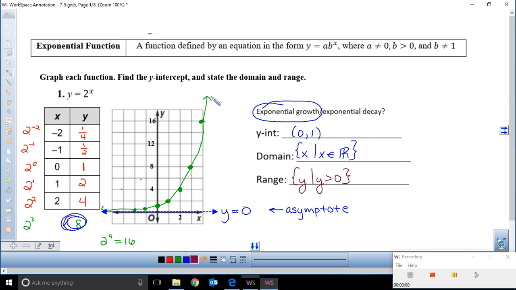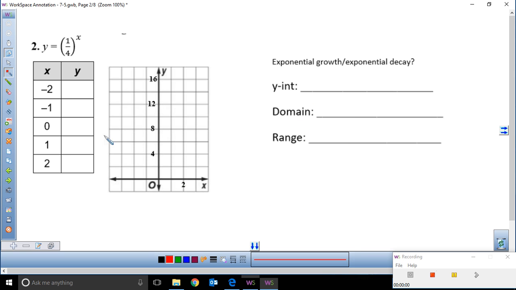So here we have our first example of an exponential function. And as you can see, we consider this to be exponential growth. It has a y-intercept of (0, 1), and it has a domain of all real numbers and a range of y is greater than 0. If we go to 2,